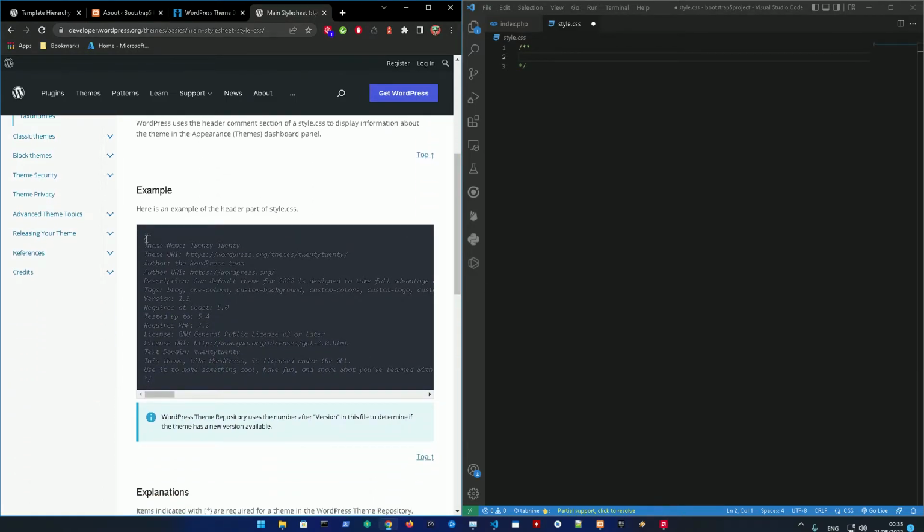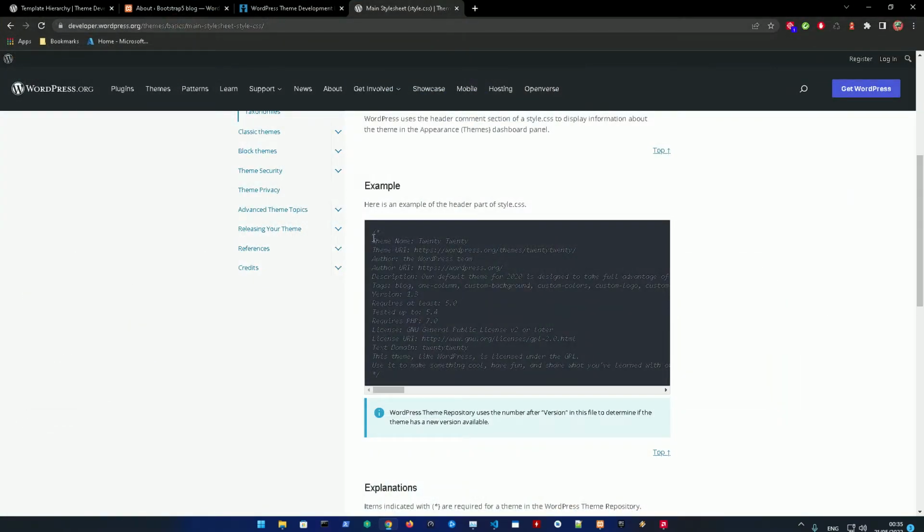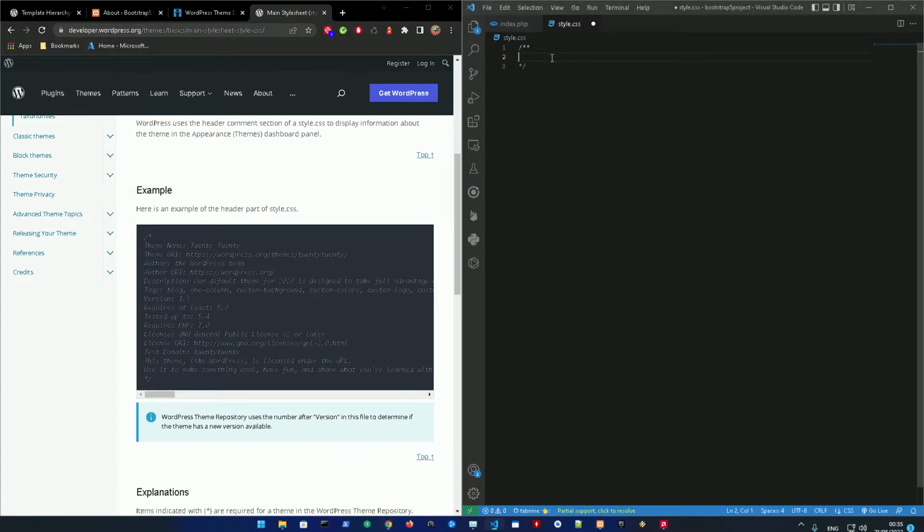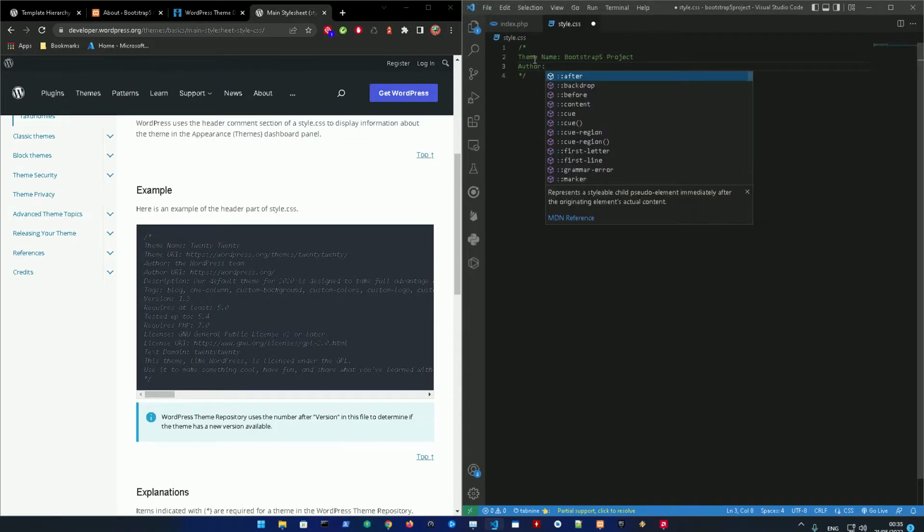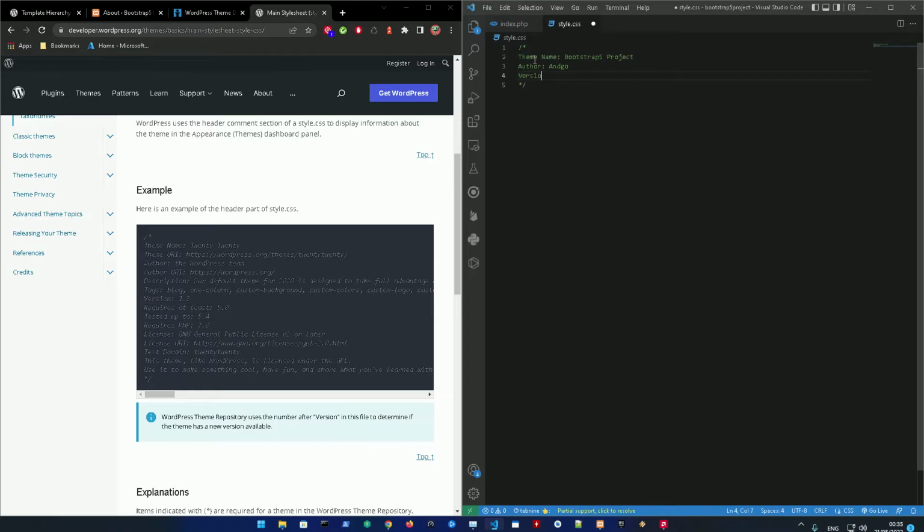So as you can see, this is all the things you could add. Let me just bring that up. We are not going to add all of this, but we are basically going to add the theme name, Bootstrap 5 project. And then we can add the author, for example, and it's going to be Ango, and then version, which is going to be 1.0,